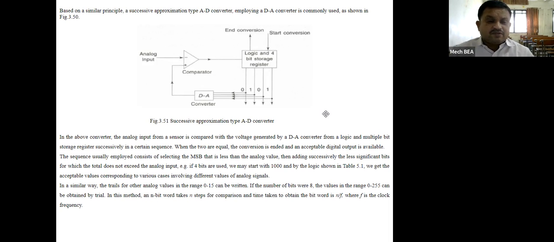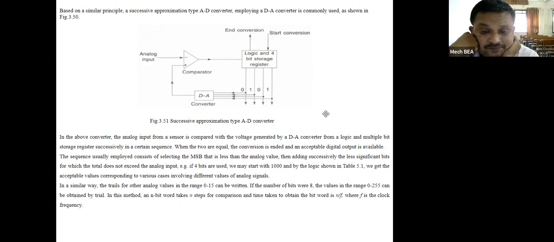The sequence usually employed consists of selecting the MSB that is available in the analog value, then adding successively the less significant bits for which the total does not exceed the analog input, that is, 4 bits are used. We may start with 1000 and by the logic shown here, that is 5.1, in table 5.1, we get the acceptable values corresponding to various cases involving different values of analog signals. In a similar way, the trials for other analog values in the range 0 to 15